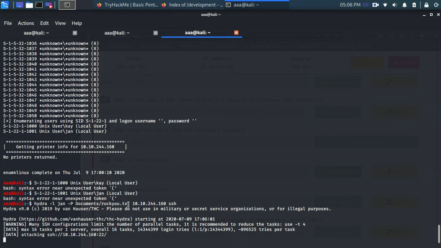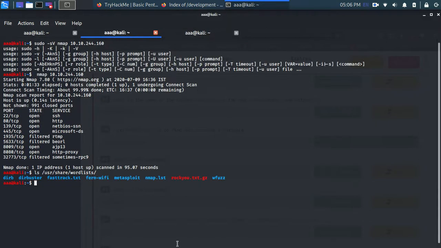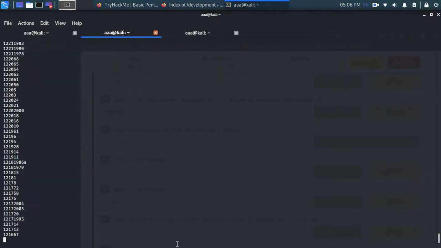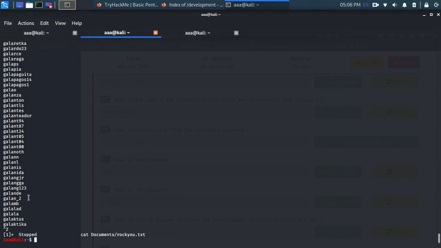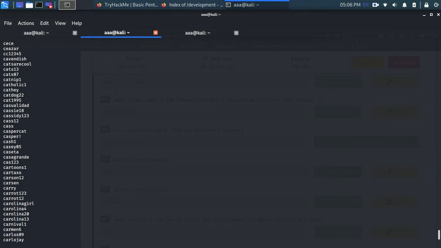If I cat this file, cat Documents/rockyou.txt, you can see these are all the passwords it is trying. Let's assume that it started once again.